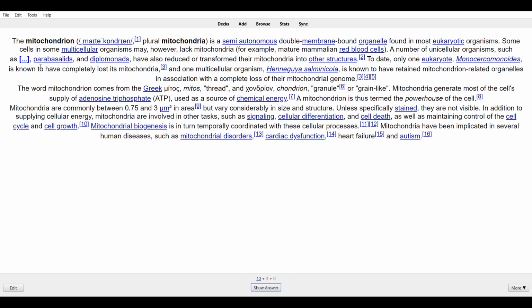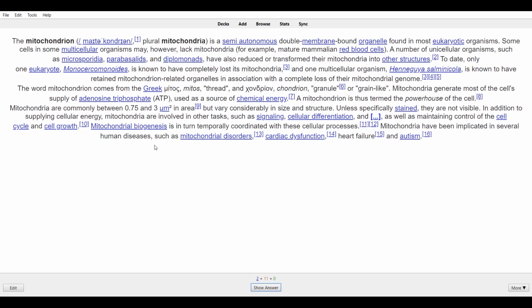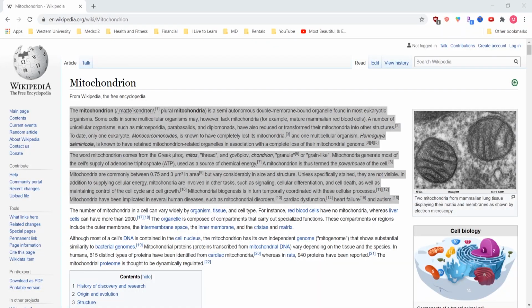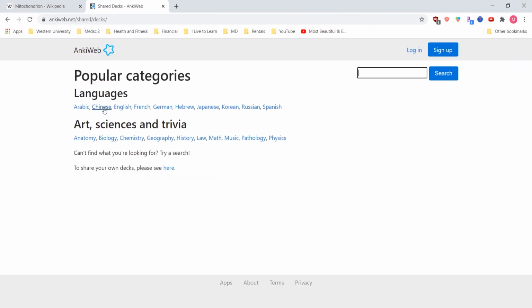And I feel like this decreases the amount of time it takes for you to make cards, but in the long run, it increases the amount of time that you need to study, which comes out as a net negative, so don't do this. And as for what decks to review with, I have no experience with using pre-made decks,